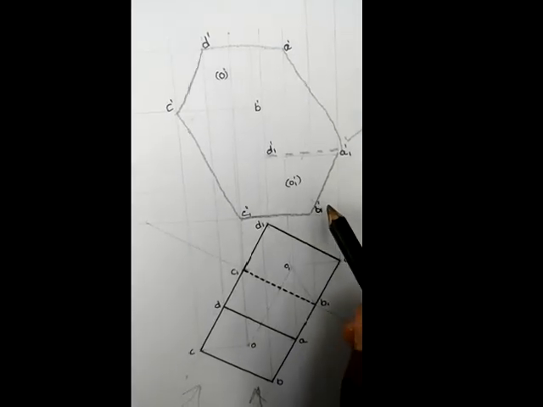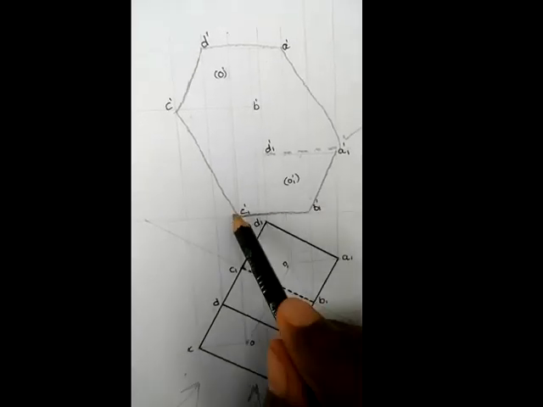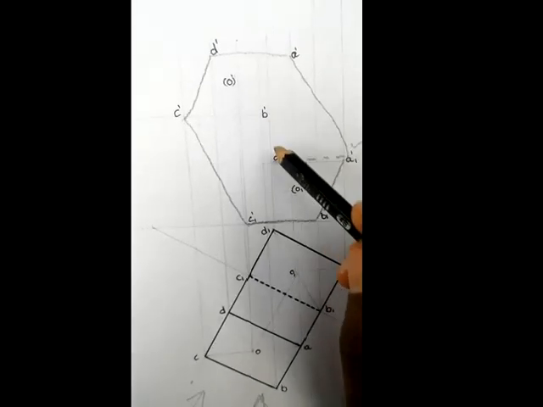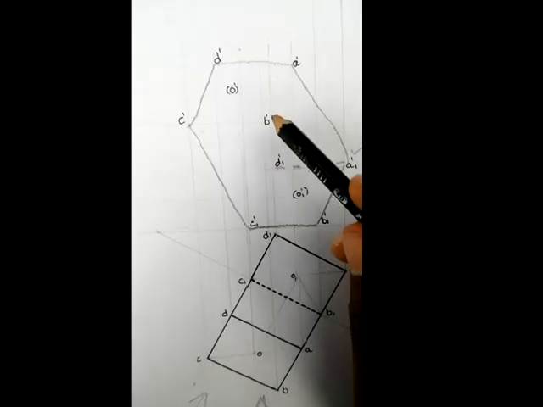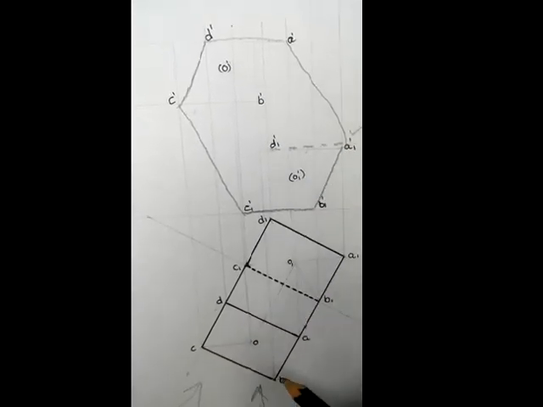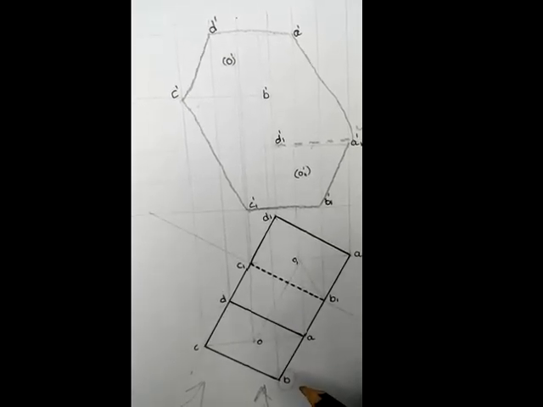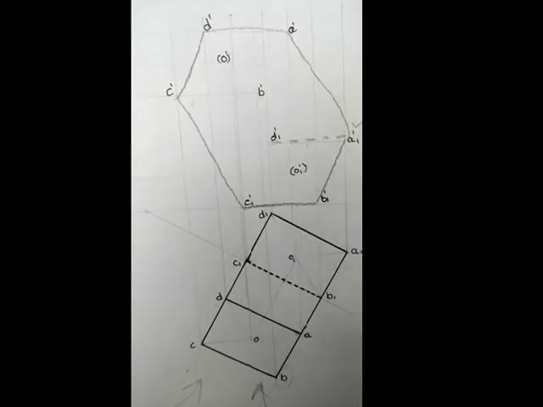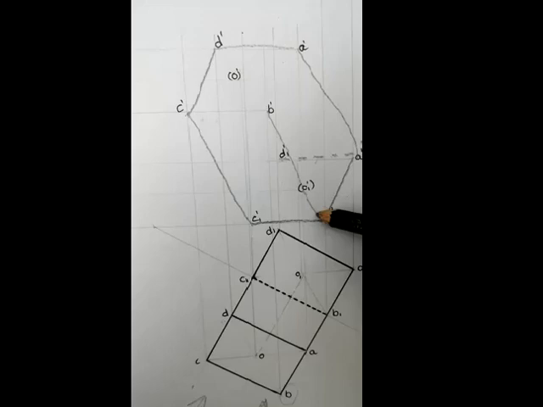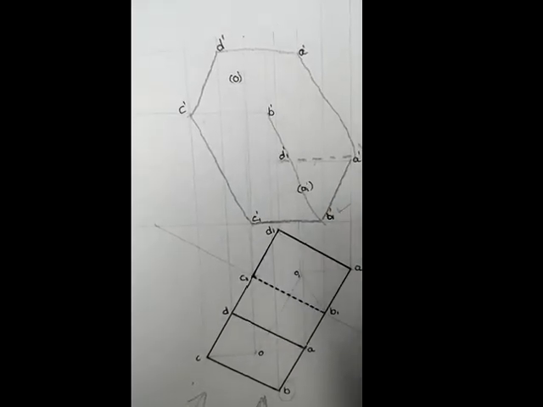Next we'll move to point B1. Identify which are the 3 lines. The 3 lines are B1 to C1, B1 to A1, B1 to B. So one line is pending now. Identify whether this line has to be dotted or continuous. For that, identify where exactly point B is located. B is below the axis line or nearer to the observer. So that will be a visible point. You have to connect using a thick continuous line. That completes the work of point B1 dash.